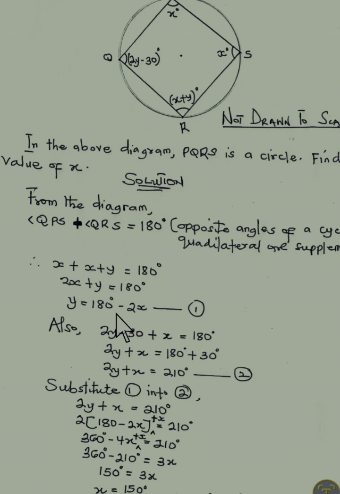Now here we've already made y the subject of the formula, so you substitute the value of y in equation 2. Wherever you see y in equation 2, you put what? You put 180 minus 2x. So that's what we did here: 2 open bracket 180 minus 2x, close bracket, plus x equals 210. Then what do you do next? You expand the bracket. So 2 times 180, we have 360. Then 2 times minus 2x, you have minus 4x. Then plus x equals